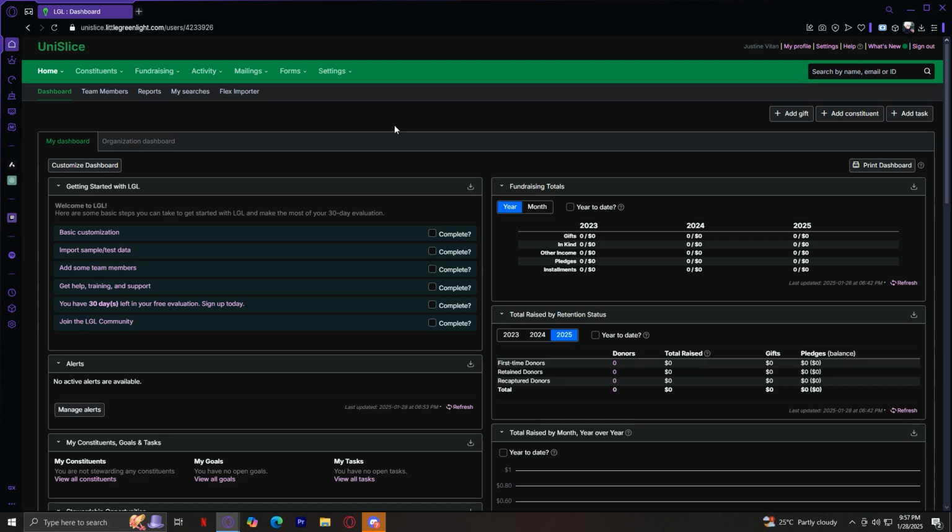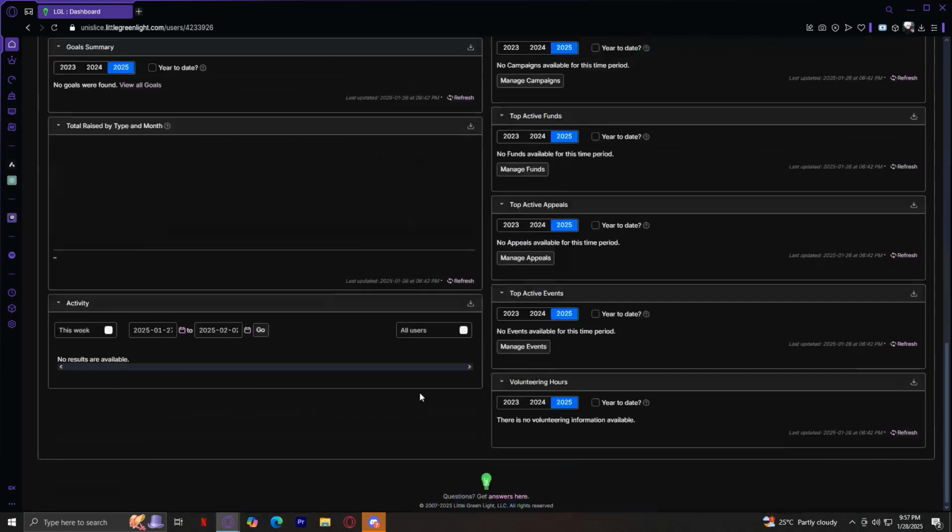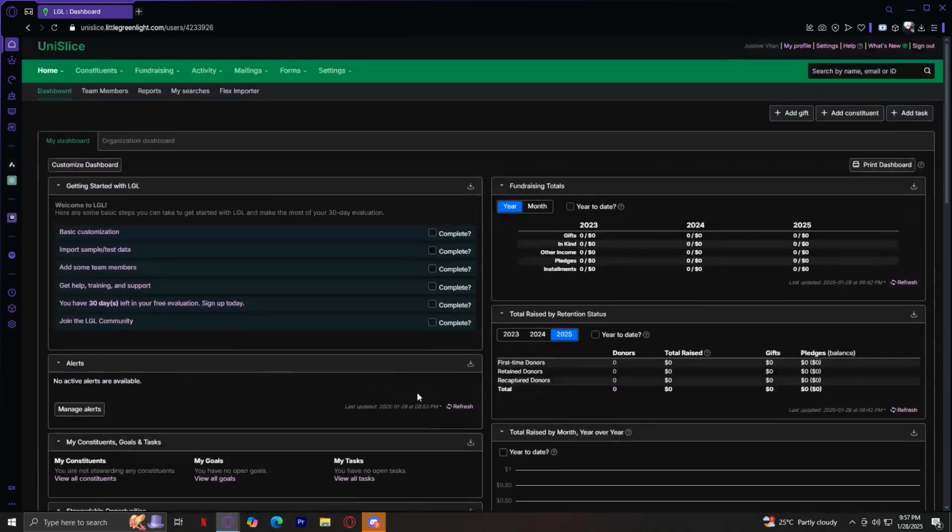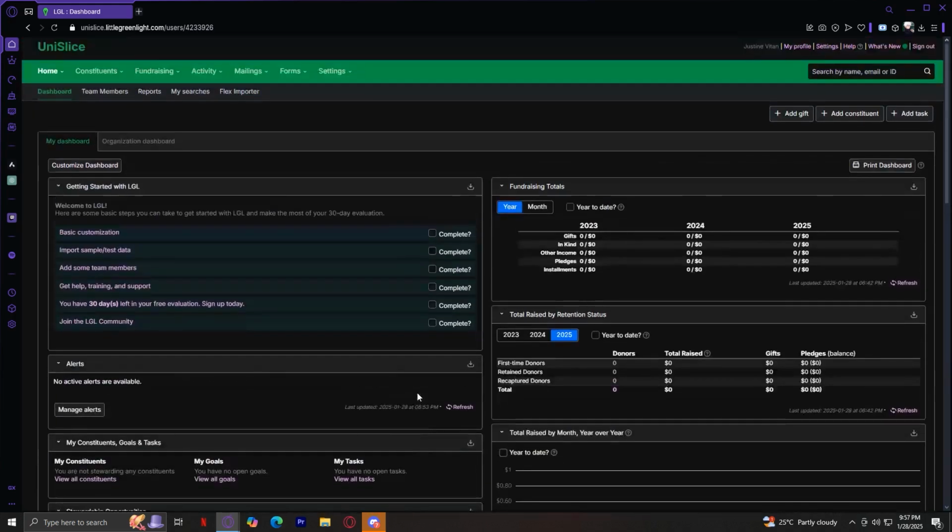So, the first thing you'll see when you log into Little Green Light, or what we'll be calling LGL from now on, is the Home section. Here is the dashboard, your central hub for quick insights and navigation. Now, when you're first starting, I know it may seem like a lot, like there are so many buttons and so many sections that you probably won't even understand unless you actually watch the video. But don't worry because I will be going through these step by step and I will be teaching you how